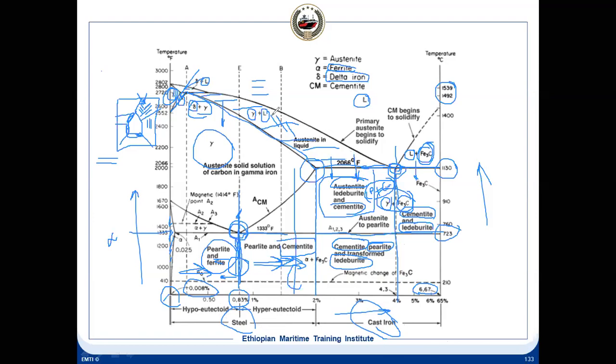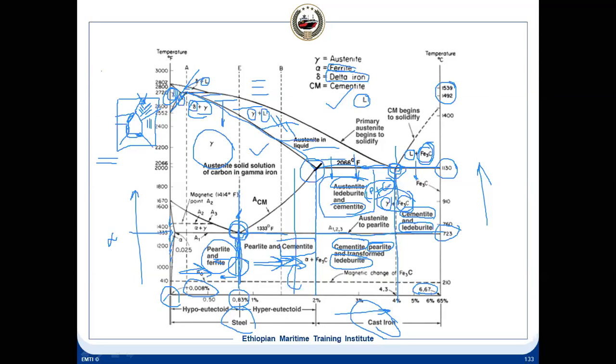Now this area you are talking about, this one, isn't it? Yes. This is the liquid above this line, and below this line, what will happen? The liquid will start solidifying. So what will it form in this area? It will form austenite, but plus liquid. It means there will be some liquid here. Understood? Because it is a transition from liquid to solid. Here it is liquid, here it is solid. For example, think this way. So in between it is austenite plus liquid.